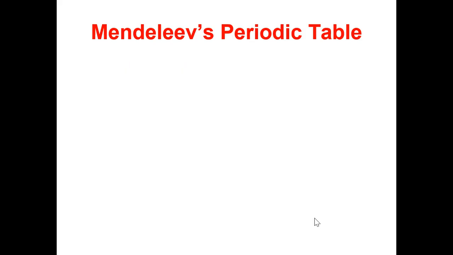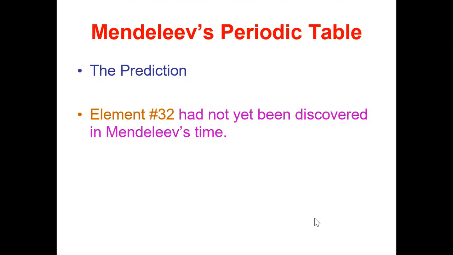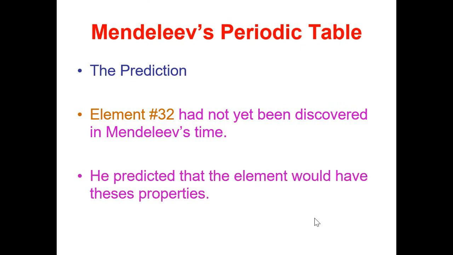So let's take one of those examples. Mendeleev predicted element number 32, which had not been discovered yet. It was in the section that was 32 on the periodic table. And he said, I can give you some properties. And he predicted a bunch of properties of that element. And this is the one that is